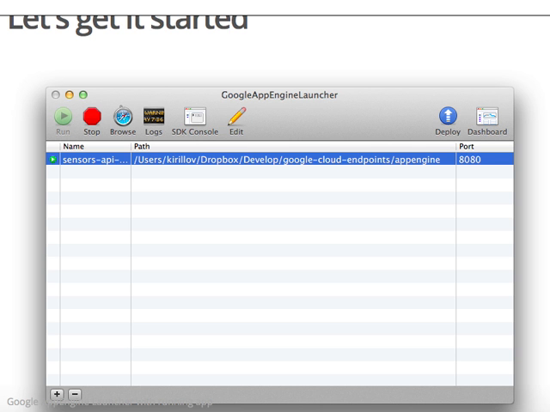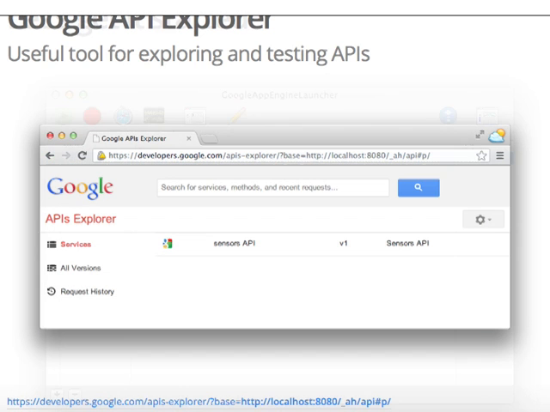Now, first thing you will probably use when you create your API is Google API Explorer. You remember I told you that we have a lot of very usable and nice tools for using our APIs at Google.